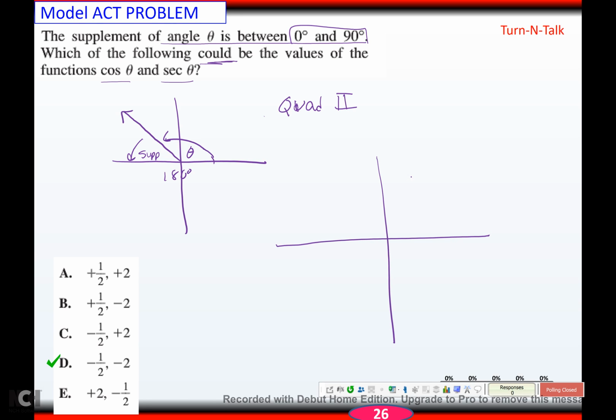Okay, so in your sign chart, in the first quadrant, all functions, sine, cosine, tangent, cotangent, cosecant, secant, all functions are positive. Okay? In quadrant 2, only sine and cosecant are positive. In quadrant 3, only tan and cotan are positive. And in quadrant 4, only cosine and secant are positive. Well, I'm in quadrant 2, which means